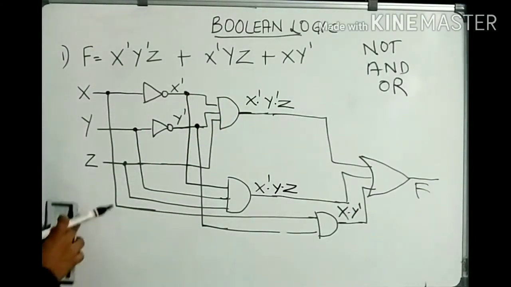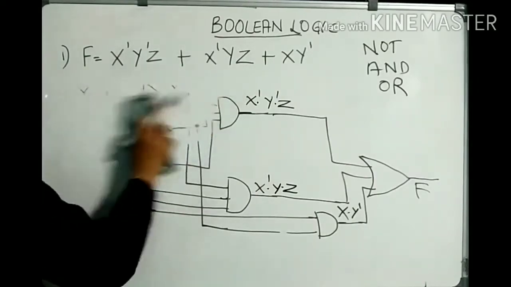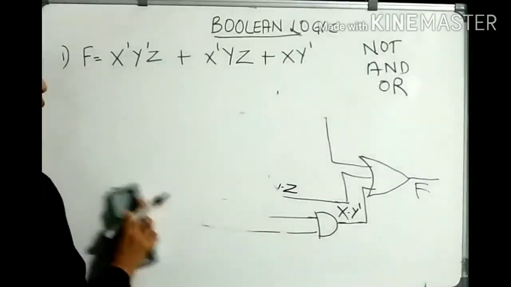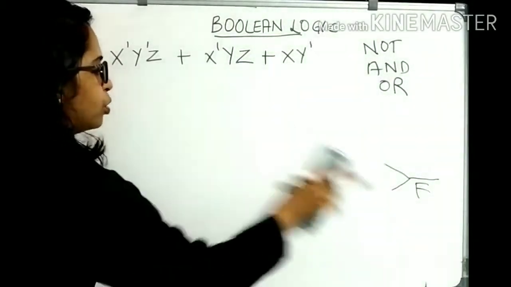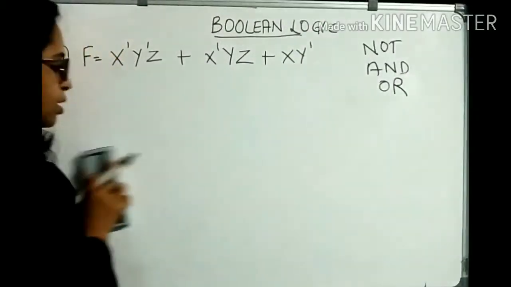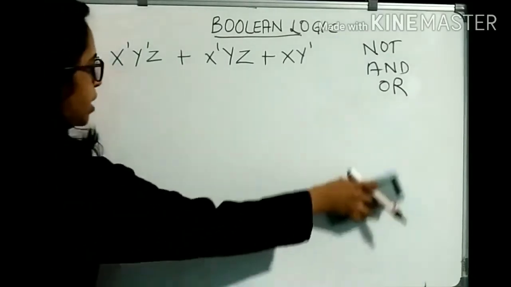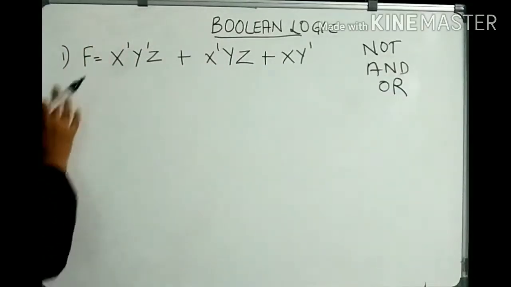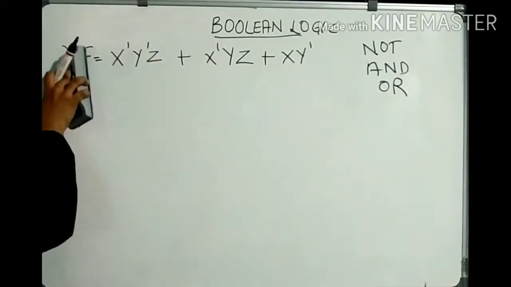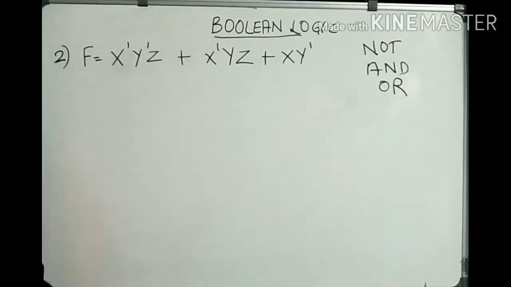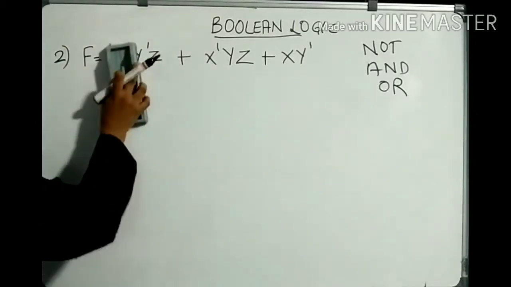Let us move on to the next example. If you have a doubt after drawing the logic circuit, you have to check. You can check the output from each gate, and we can check whether it corresponds to the final output. Okay, so we will move on to the second one. So the second example is